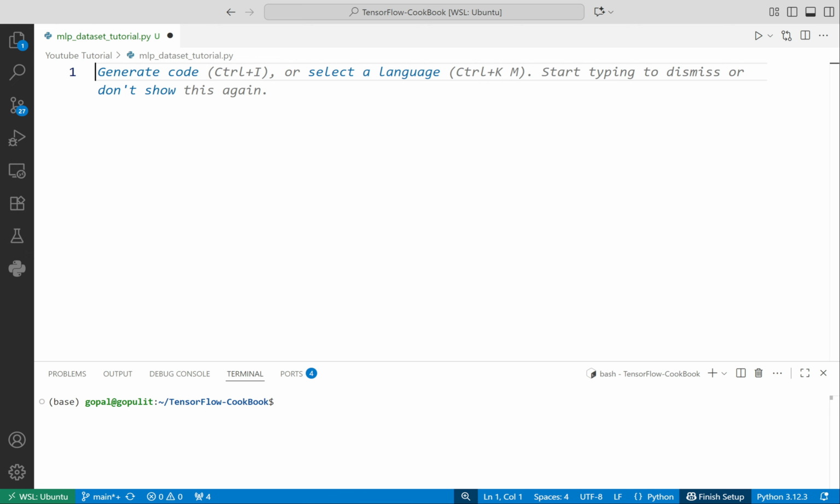Everyone, and welcome again to a very new tutorial. Up till now we were simply learning about neural networks, their basics and so on. But up till now we weren't handling the data part quite properly. I mean, we were simply loading the dataset either from TensorFlow or simply taking some points.